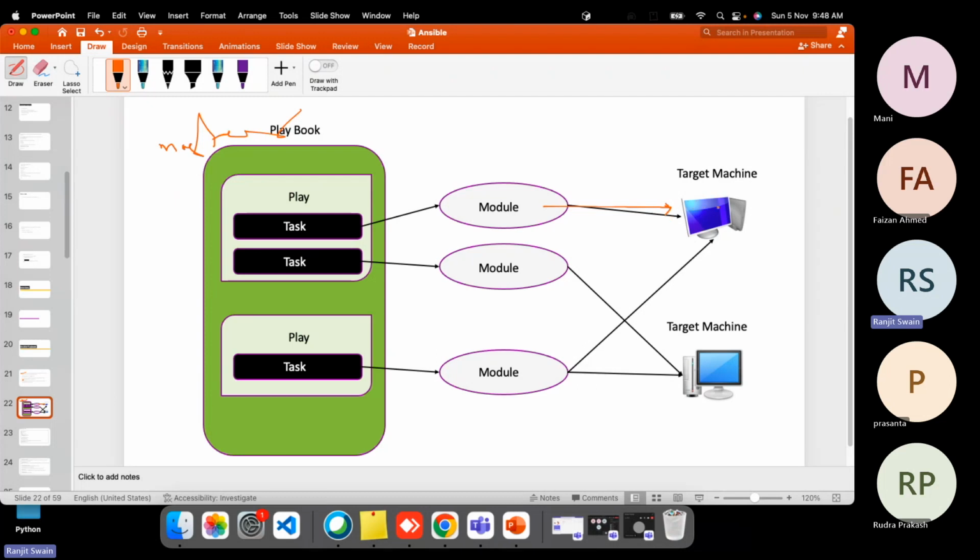So once the playbook gets executed, what happens? The particular module which is present in the task will be executed, and based on the task it will be installations or copy or whatever, it will be done into the target machine, right? It's a very simple flow, right? This play could be here to target these machines. As I showed in the